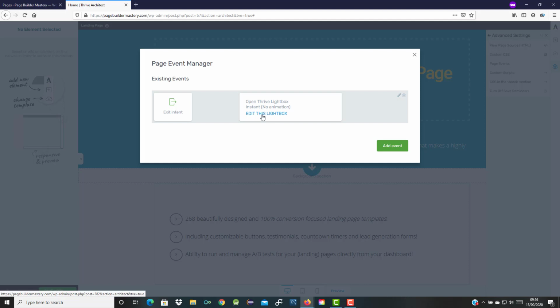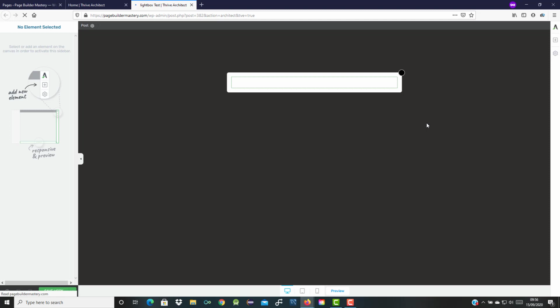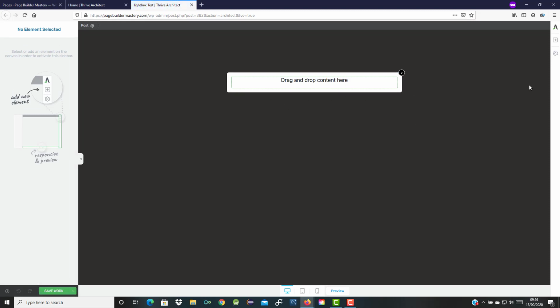Okay, now that's saved, and we can see here that we need to edit the light box. So this is actually just basically building what appears within it. So this opens a new window. Okay, and this is going to be our box here. Now we add elements as we normally would,